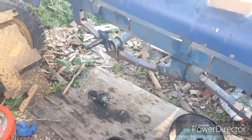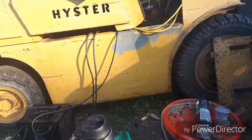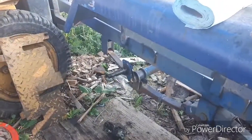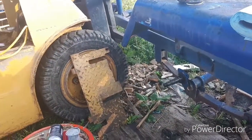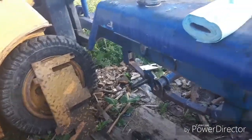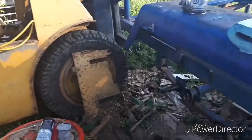Back on this tandem axle trailer now that we got all the parts. One thing I suggest is not to buy these trailer bearing kits where they come with a bearing, a seal, and two bearings and the seal and the new dust cap and cotter pin and grease. Because what happens is,